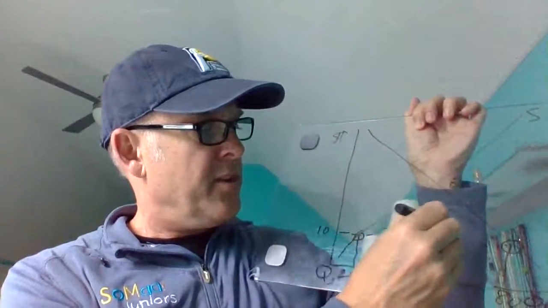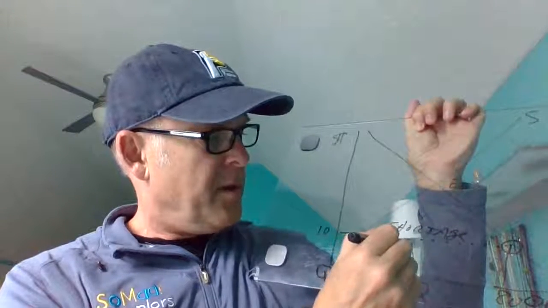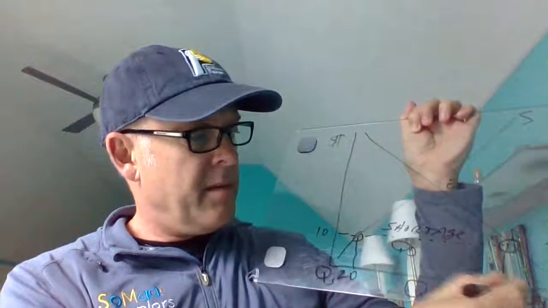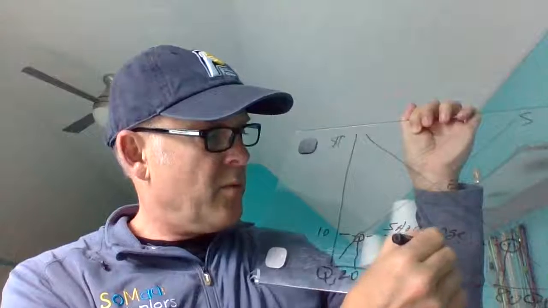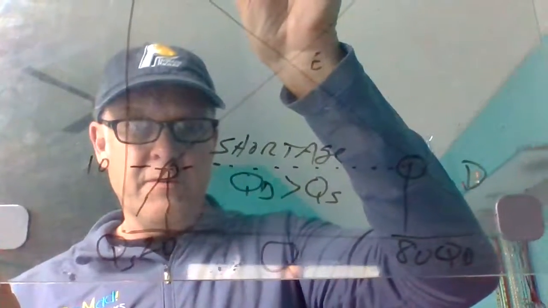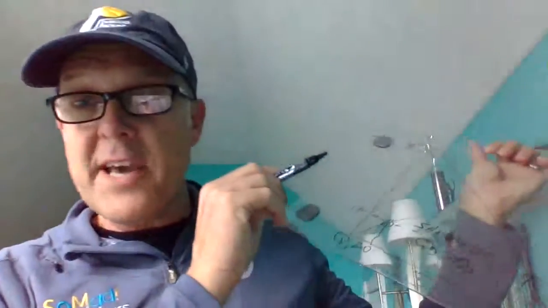Okay? So this is, as you might guess, a shortage. And a shortage is simply where QD, quantity demanded, is greater than quantity supplied, amount on the shelf. And there's your definition, if you will. Okay? Now, when do shortages happen? Shortages tend to happen